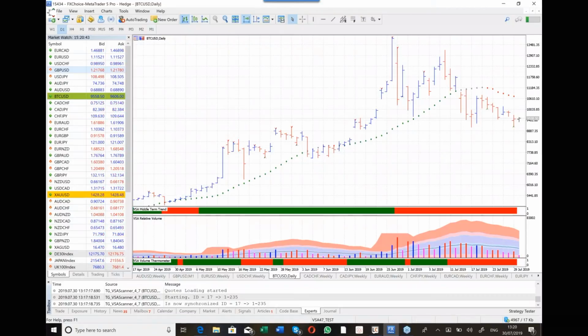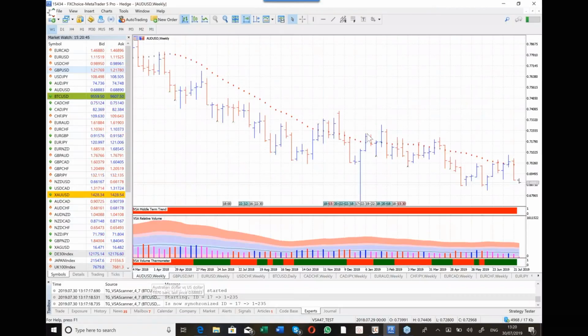But before I do, I'm going to talk about the Australian dollar versus the US dollar. Because, again, we've got a lot of people in Australia, and we've had a lot of questions about this particular instrument. So I'm going to start off with the weekly chart, and I'm going to ask all of you, can you tell me what trend you think this is in, the AUD-USD? What trend do you think we're currently in? Let's type it in. I just want to get some observations.